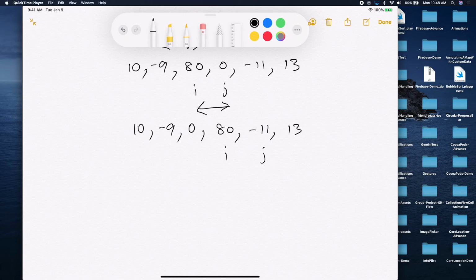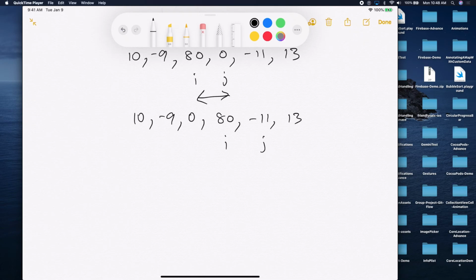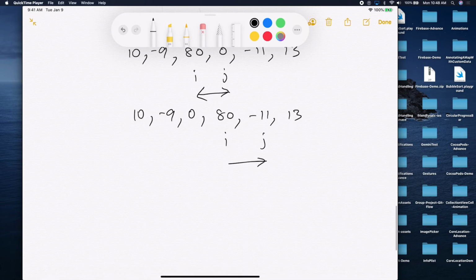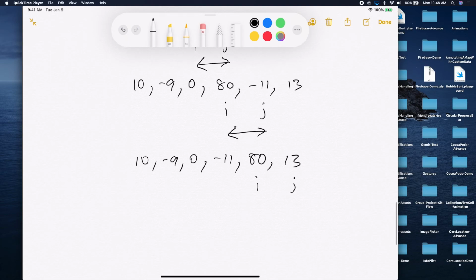Cool. So J is here. We need to perform a swap because in that case, -11 is less than 13. We go 10, -9, 0, -11, 80, and 13. Our I now is here. Our J now is here. The last step we do, regardless, we now have to go ahead and swap 80 with the pivot. Everybody with me? Regardless, when I'm done with my walking of J, I need to swap